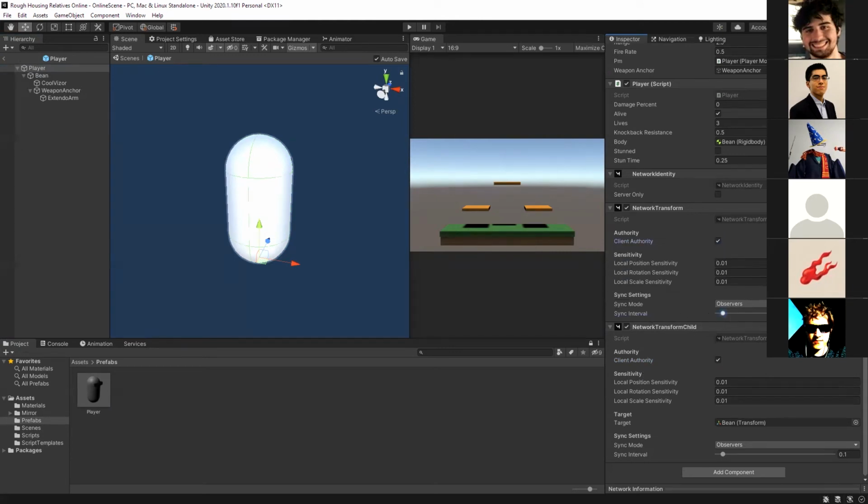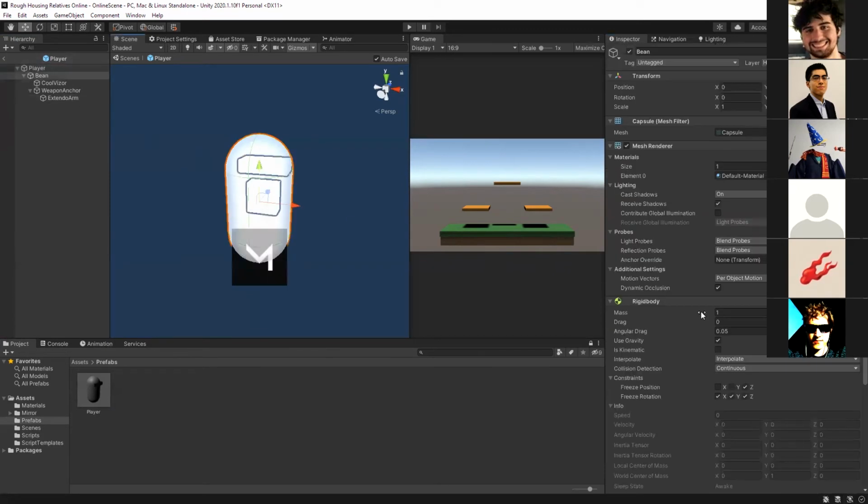The sync interval is going to be how often the updates get sent to the server. If it's 0.1, that's only 1/10 of a second, so it's going to look really stuttery. Our rigid body has interpolate, so it'll look smooth on our side, but it'll still look kind of choppy on other people's sides. So we can lower that down, and you can actually go pretty low with this. I'm just going to set it to 0.05, which will be twice as fast as the default.